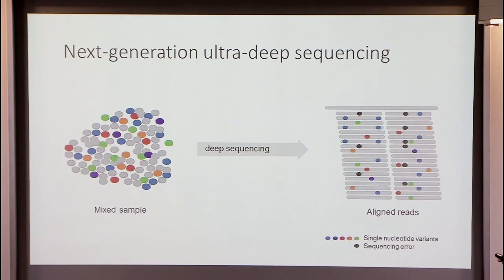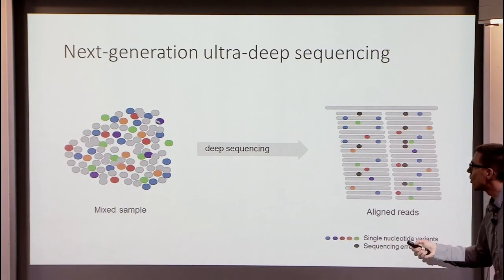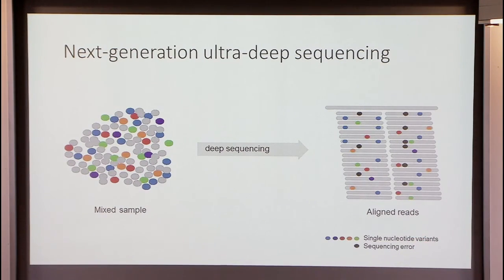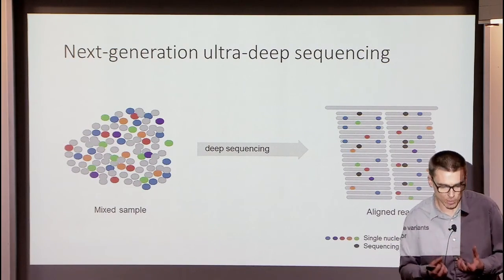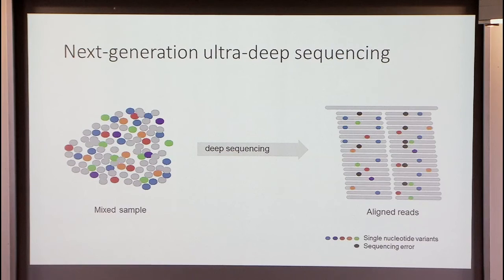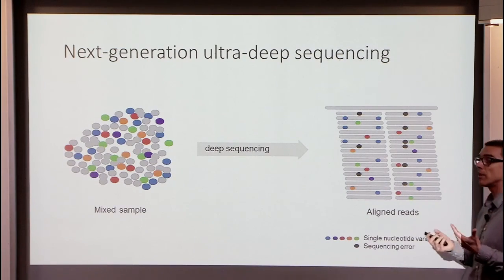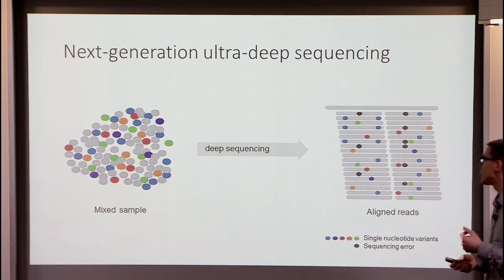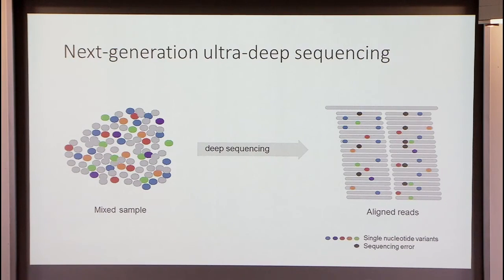Again, this is a mixed sample we start with. The gray balls here might indicate normal cells, and the colored ones are different tumor cells, and different meaning that they are genetically different in one way or another. And I'm looking at an ultra-deep sequencing scenario. So we're sequencing with very deep coverage in order to be able to detect mutations at very low frequency in the tumor. Remember that we have a mixture here, and we would ideally, again, like to detect all the SNVs at any frequency in the tumor.